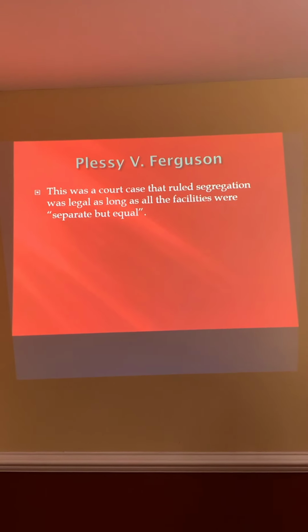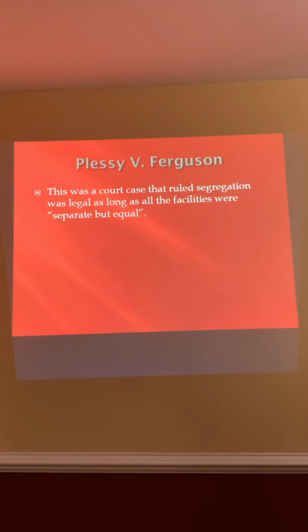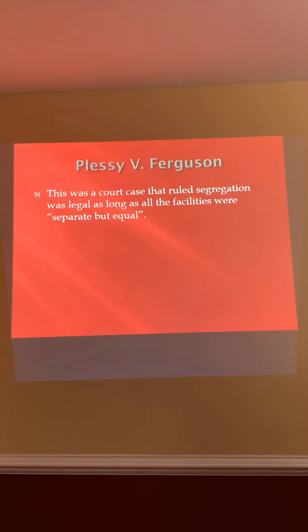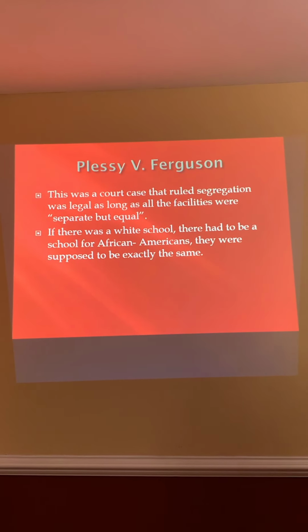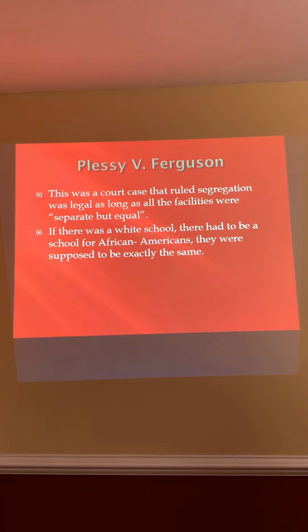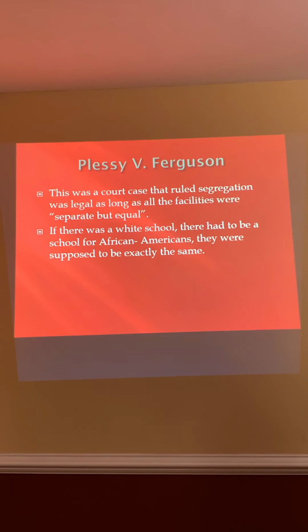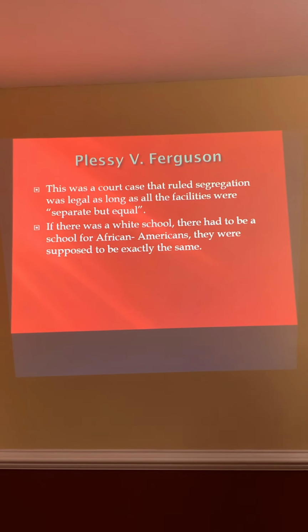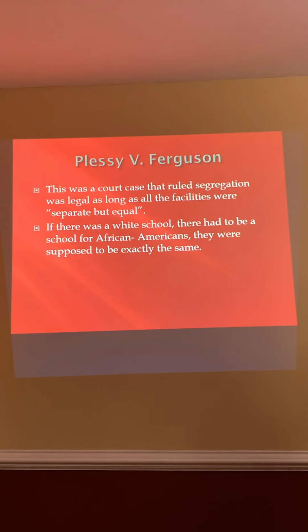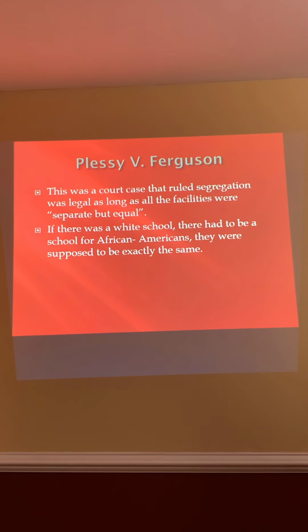Until this case called Plessy versus Ferguson, okay? Actually, there's going to be more to it, but there's this court case that ruled that segregation was legal as long as the facilities were separate but equal. So Plessy versus Ferguson says it's okay, because people took the states to court and said, no, this is not right. But they said you could do it as long as the facilities were separate but equal. But in reality, you were supposed to build stuff the same exact way, and it just didn't work out that way. The schools that were in the African American communities weren't as good. We just saw a picture of the water fountain a couple slides before this. It wasn't the same. They were saying it was the same, but it was not the same.